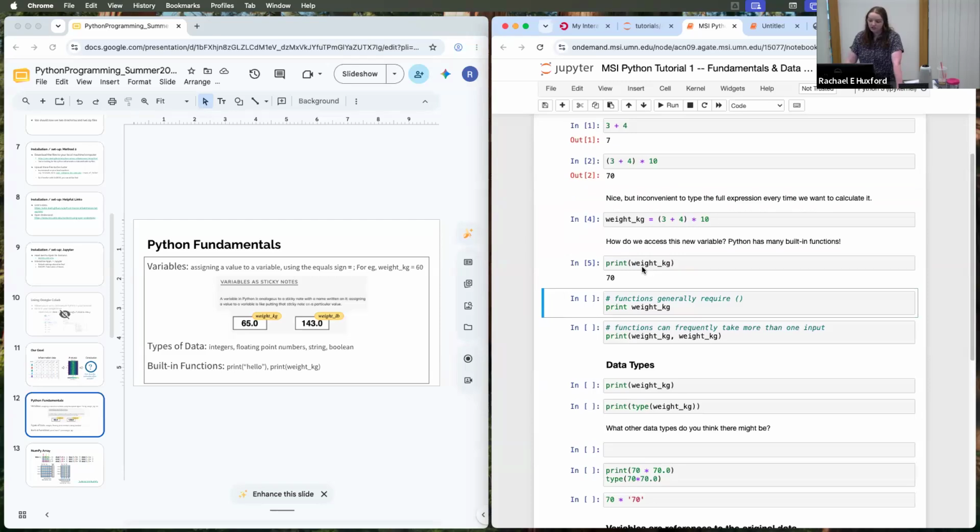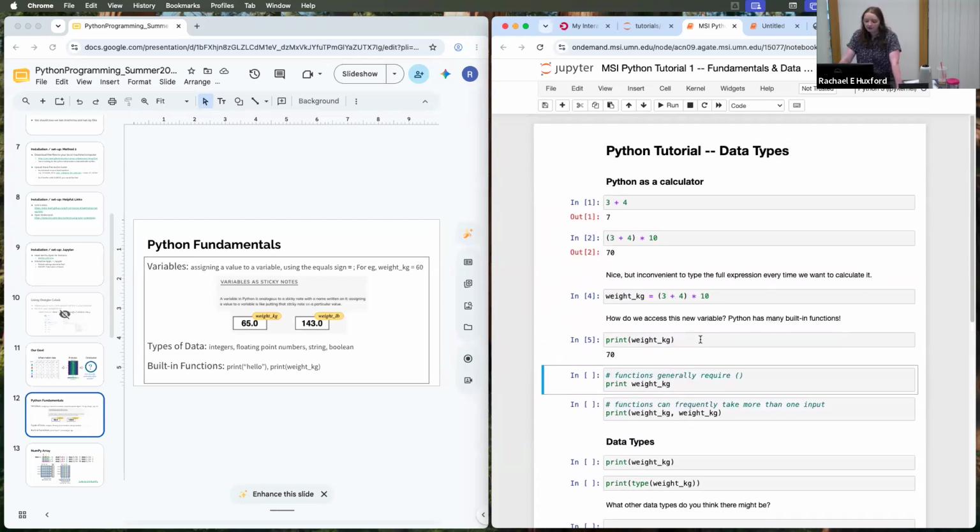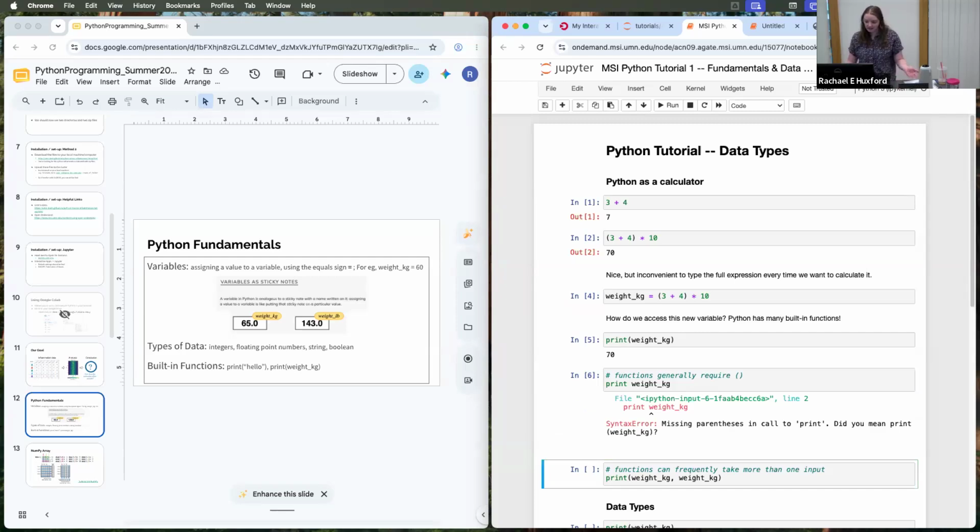Print is a built-in function of Python. So functions will take inputs and do a variety of things to whatever you give it. Print is really simple because what it does is it prints it to the screen. But functions do require parentheses. So if I tried to do something like this, where I've just put spaces between print and the thing I'm trying to print, you're going to get an error. So almost all functions will require these kinds of parentheses around them, or otherwise you're going to get an error message,